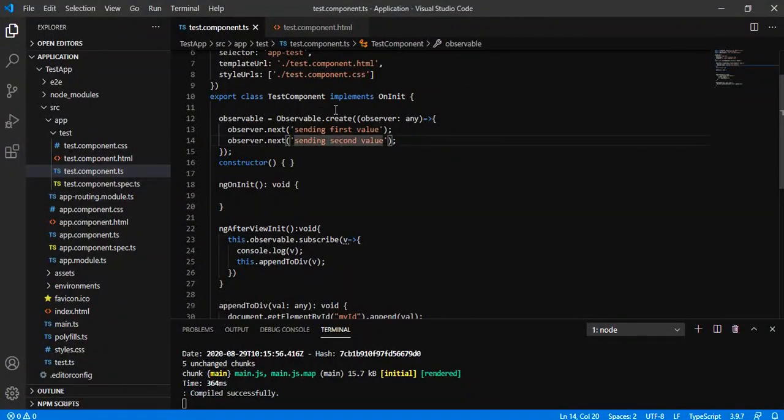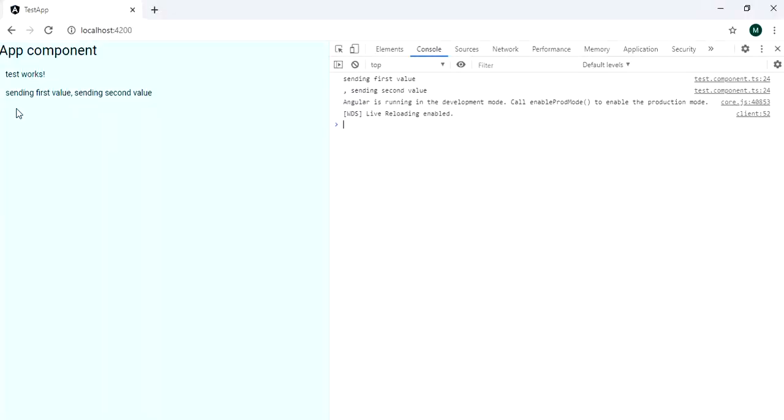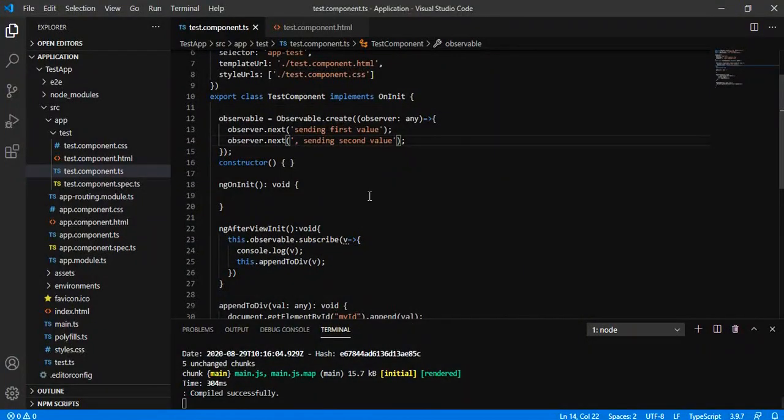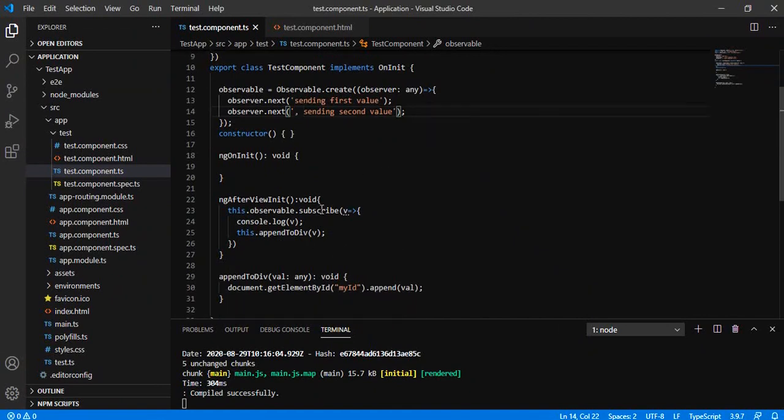Let me add some comma and space. Yeah, now this seems perfect. So in this way we can send the value.